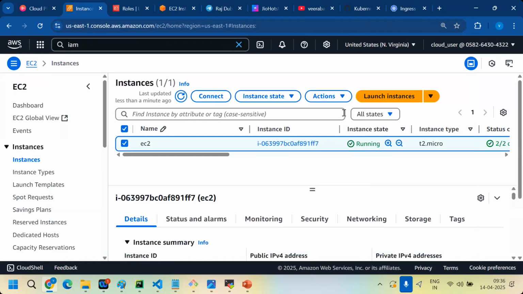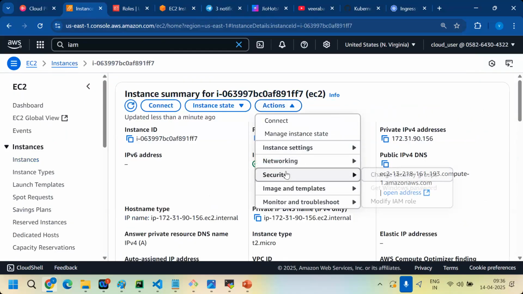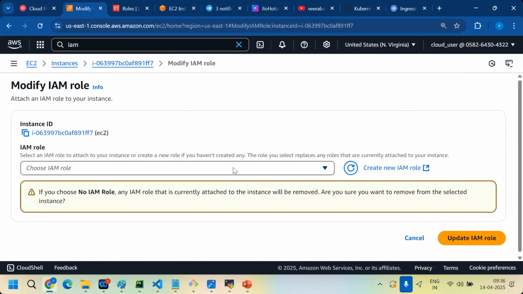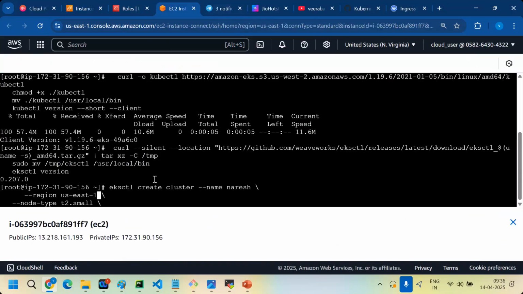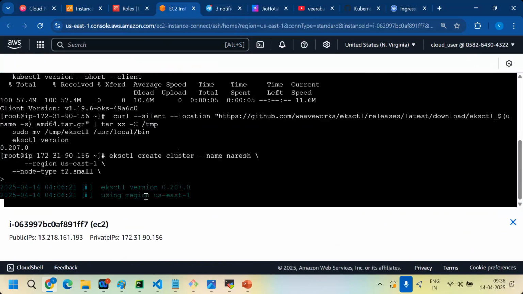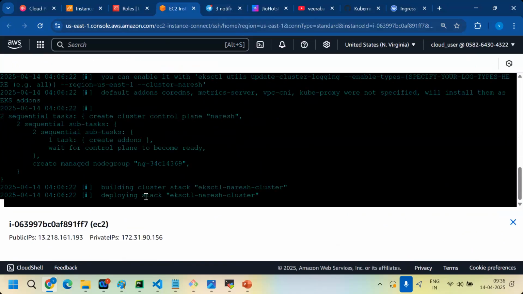Let me attach this role to my server, then start the creation of the cluster. I hope you are practicing Killer Coda, right?